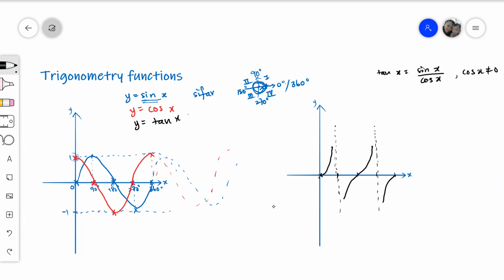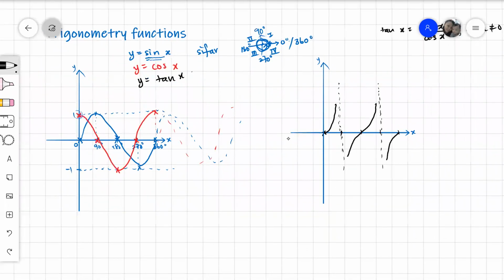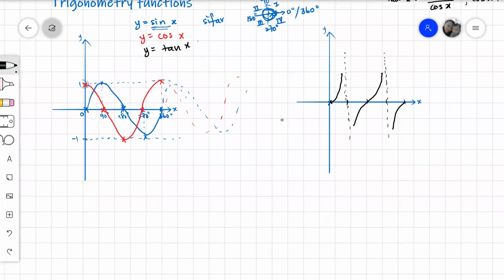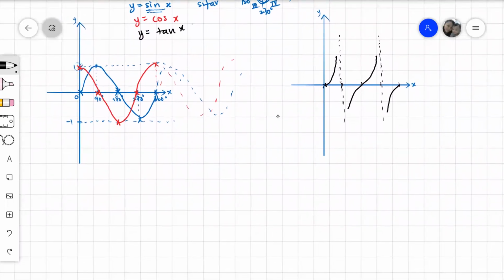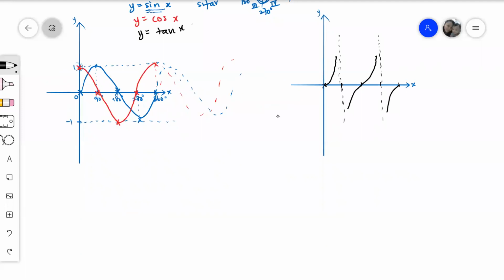Now, next, we shall go to the transformation of graphs. That is a very important concept that everybody should learn. For the trigo graph, I shall use sine x as an example. We will have a sine bx plus c for your syllabus. Now, what does a represent? A represents the amplitude